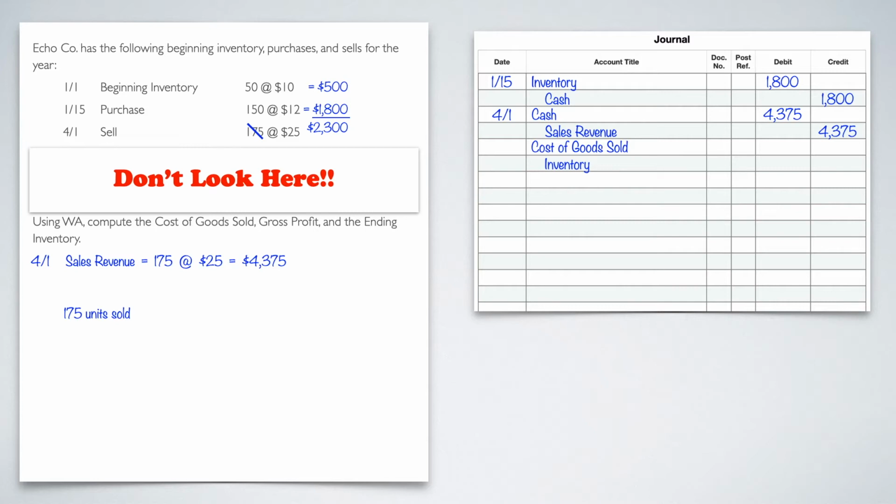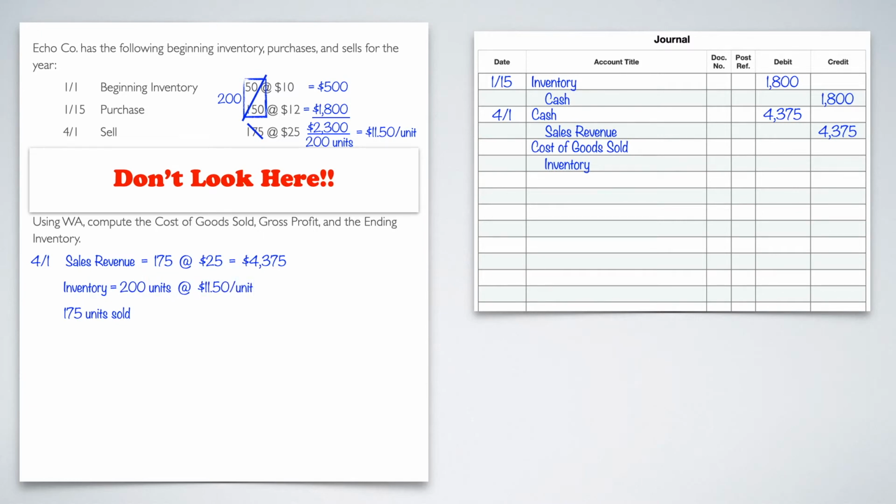And then step three is to divide that 2,300 by the total quantity we have available to sell. To do that, we need to add up everything that we have available to sell. So we have the 50 and the 150. We add that up. We don't have individual 50 or 150 more. We just have a total of 200 now. So if we divide the 2,300 by the 200 units we have available to sell, that's going to give us a weighted average amount of $11.50 per unit. So now we don't have 50 units at $10 and 150 units at $12. What we really have in inventory is 200 units at $11.50 apiece.